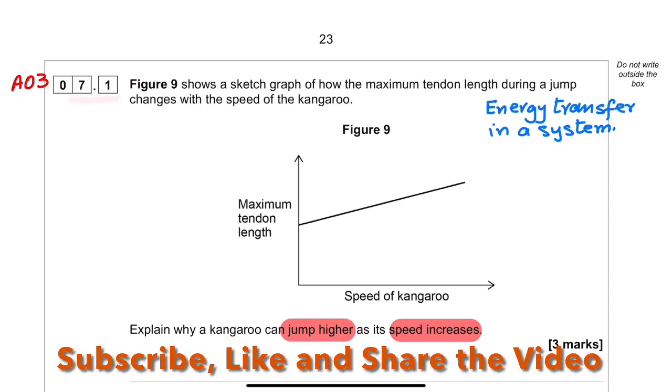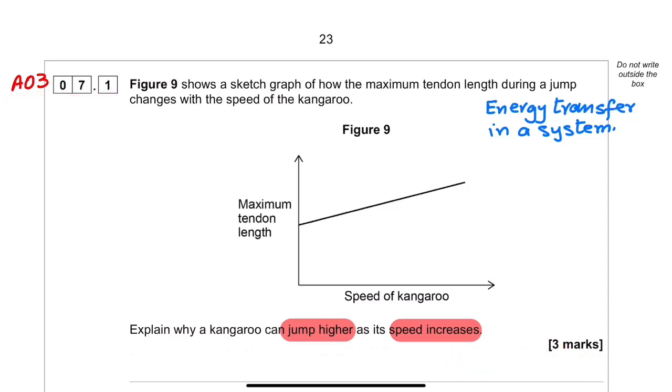Question number 7 is an AO3 question, and this question is from the energy transfer in a system. The student needs to analyze figure number 9 and give the explanation of the question. Sample 1, figure number 9 shows a sketch graph of how the maximum tendon length during a jump changes with the